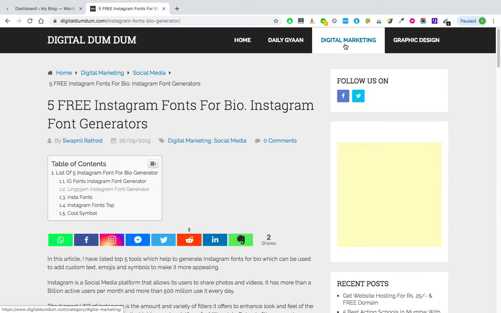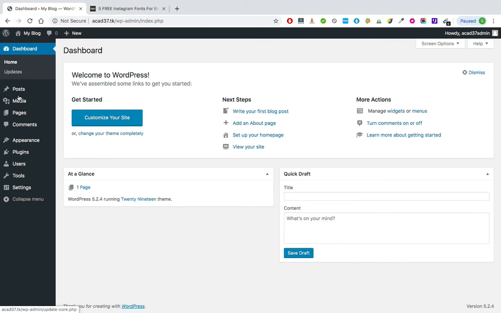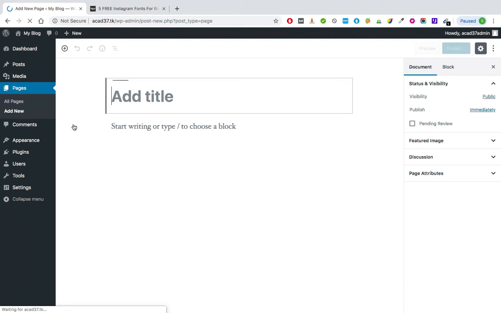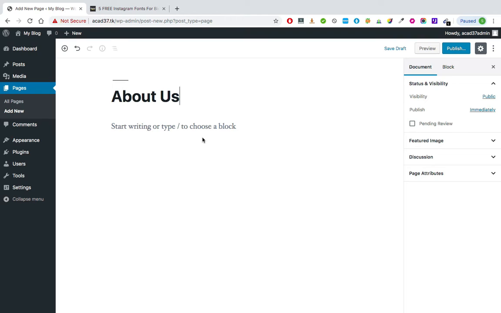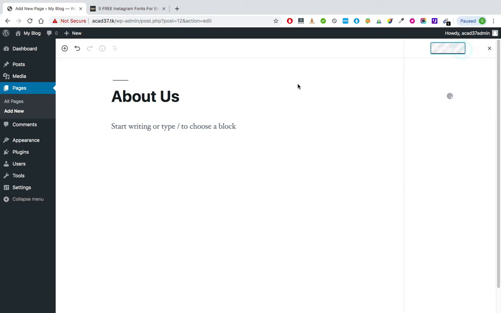Now, how do we create the menu? Before we start creating the menu, we need to create all the important pages first. Okay, you need to create all the pages first. So, let me go to pages, all pages, and add new. I'll select add new page. So, let me add an about us page first. No need to add content right now, we will add the content later. I want you to just type in the title of the page and hit the publish button. Okay, so title, publish.